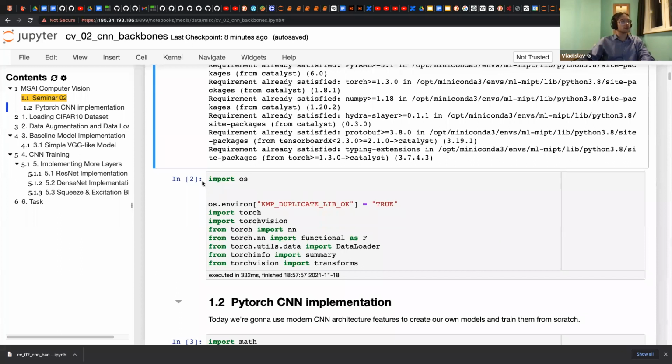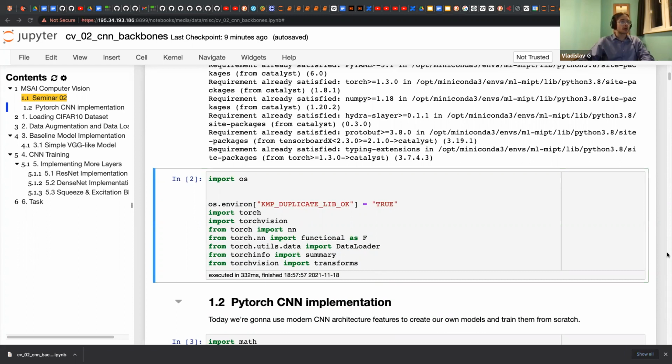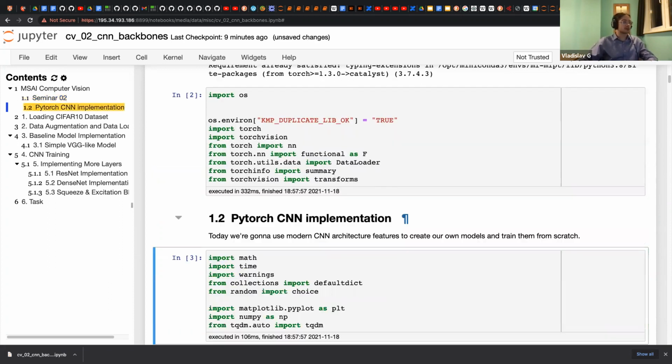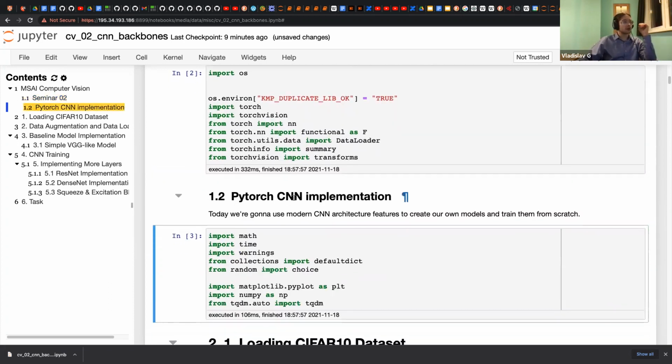And first, in this notebook, we just import everything we need. I think from the basic course on machine learning, you have some thoughts on what is going on, like torch vision and this stuff. That's why I won't stop on it.